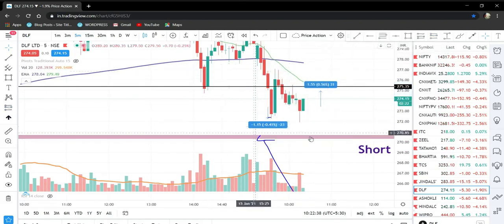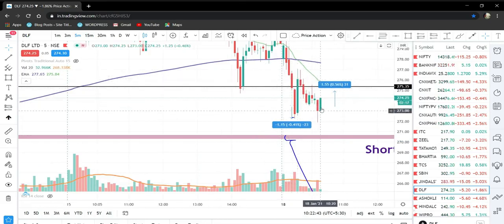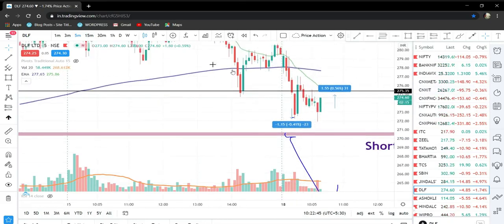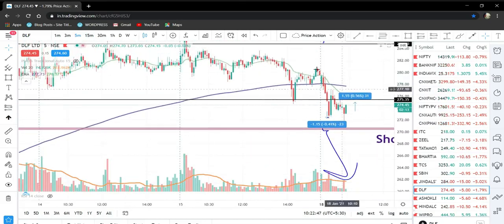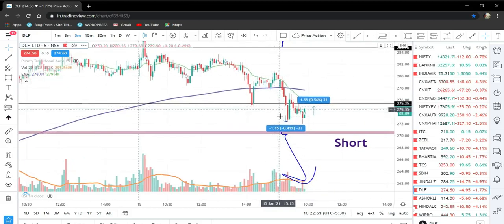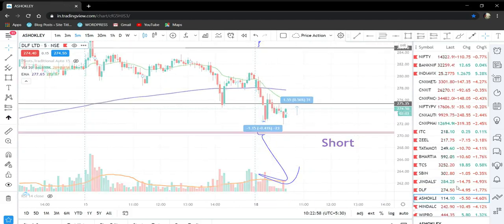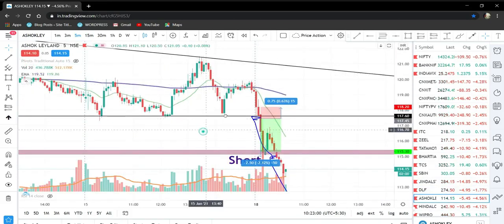And then the stock went up, took a little test, and then it's going down, and this stock hasn't played out yet, so I can't say if this is the right move or the wrong move. But still, I wouldn't have taken a trade at this because the risk reward ratio wasn't favorable. The next one is Ashok Leyland, and